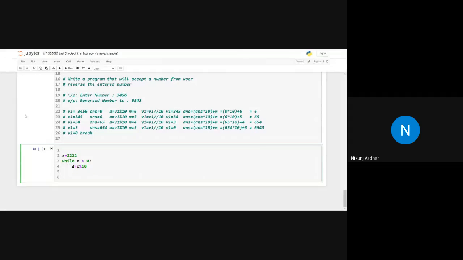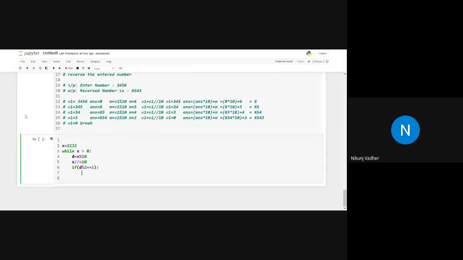Then x divide equals 10. If d modulo 2 double equals 1, meaning it is odd, then break the loop.